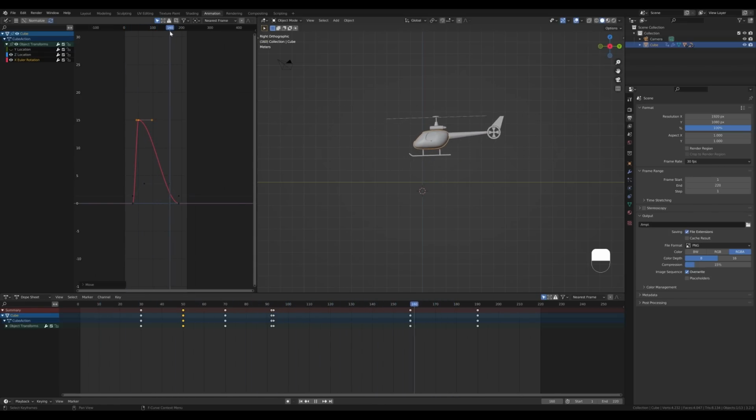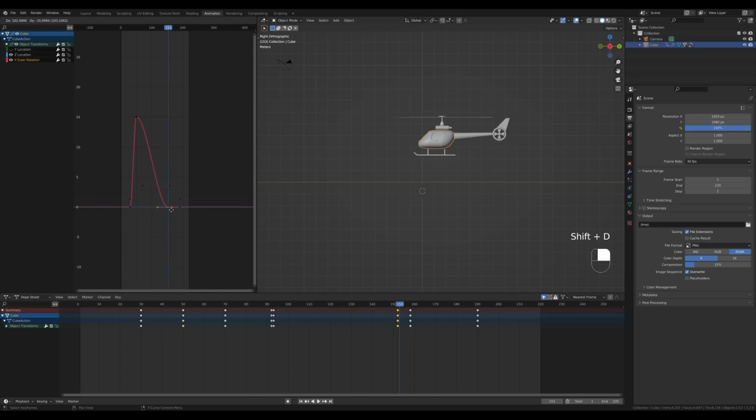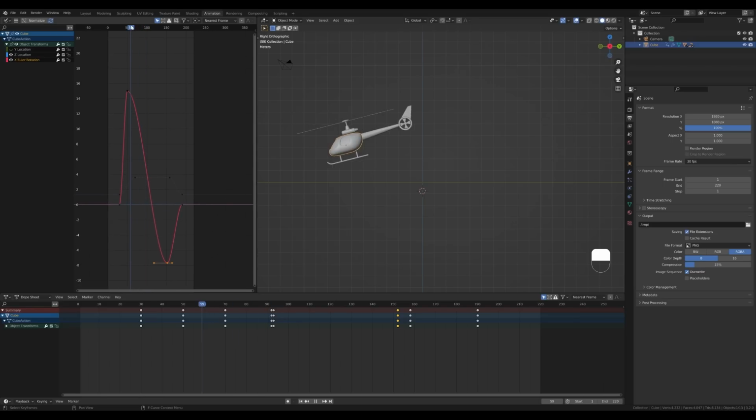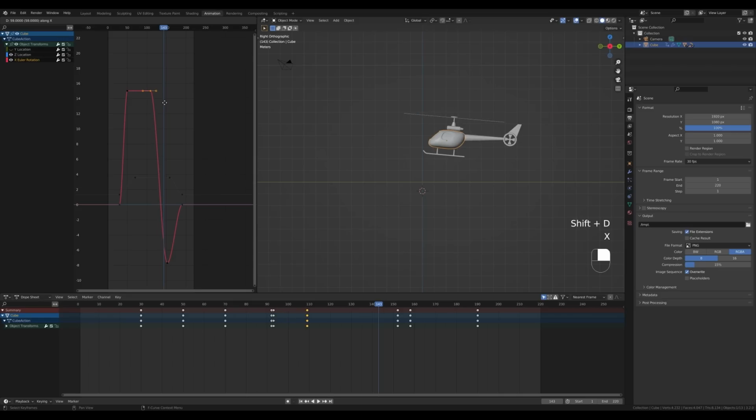And here we kind of need the angle to be more negative, so we can press Shift D and move a new keyframe here and go into the negative angle amount like this. And the helicopter will basically tilt back when it's slowing down. We can press G then Y, move it even more towards the bottom. And here on the curve you can see if the helicopter is tilting too soon, you can always just duplicate this keyframe and let it hold its rotation a little bit longer, like this. Okay, so these are the basic movements we'll need for the whole animation.